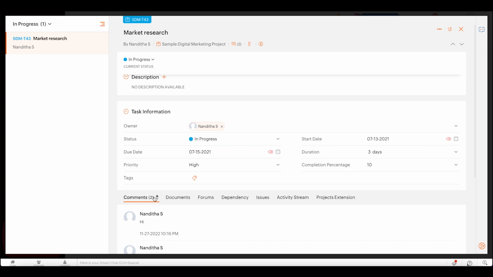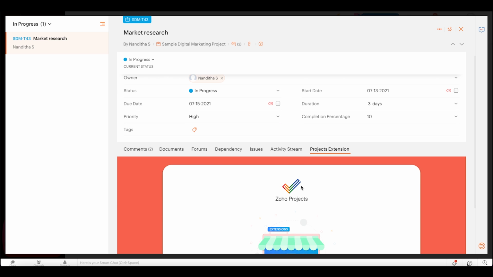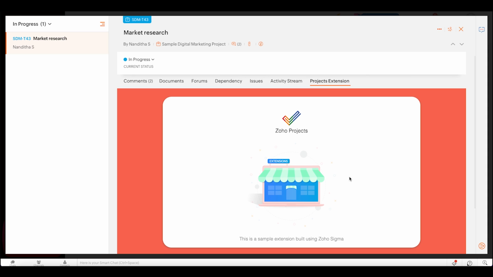These are the different tabs available as part of the task details page, and you can see that a tab called projects extension has been populated here. When you click on the projects extension tab, the widget UI is rendered as part of this task tab. This was the widget UI present in the index.html file when the extension was created through the Sigma Cloud Editor.